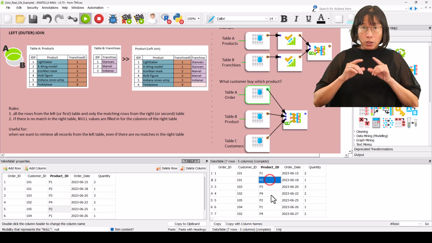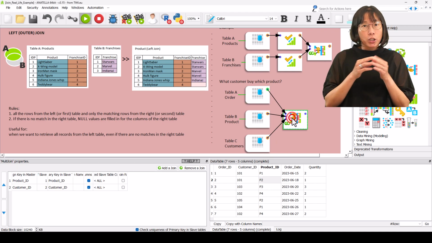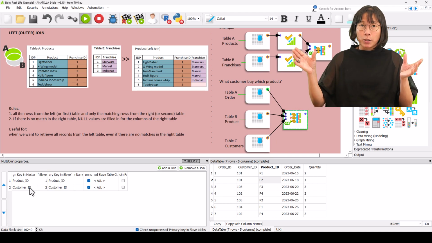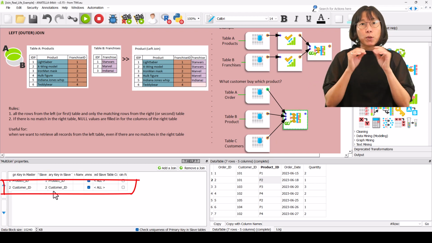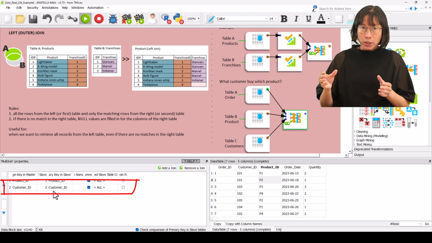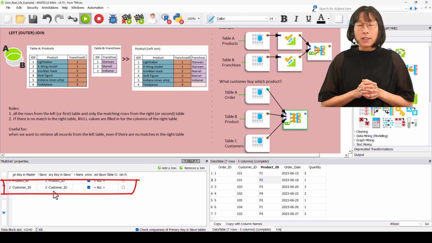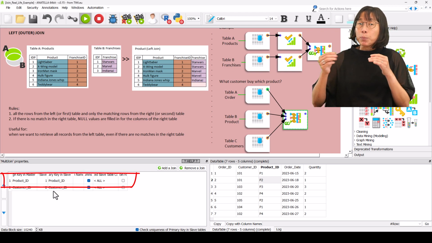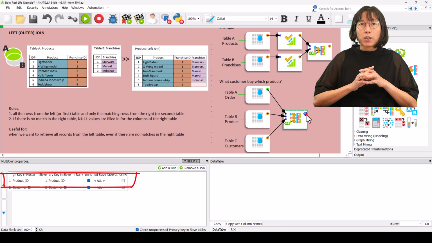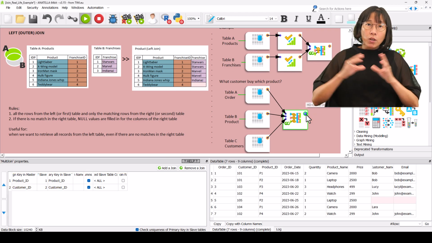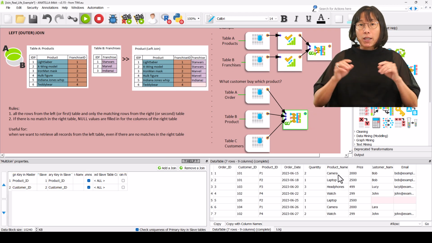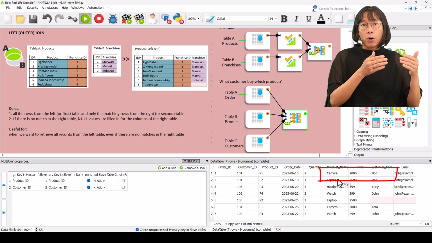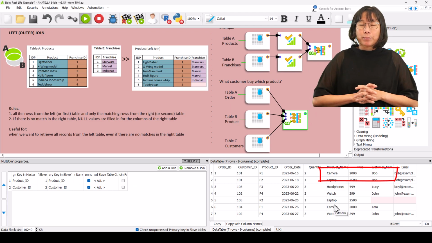So using the order table, we can link the customer table with the product table. More precisely, we link the order table with the customer table using the customer ID, and at the same time, we can link the same order table with the product table using the product ID key. Once all tables are linked together, we can see, for example, that Bob bought a camera.